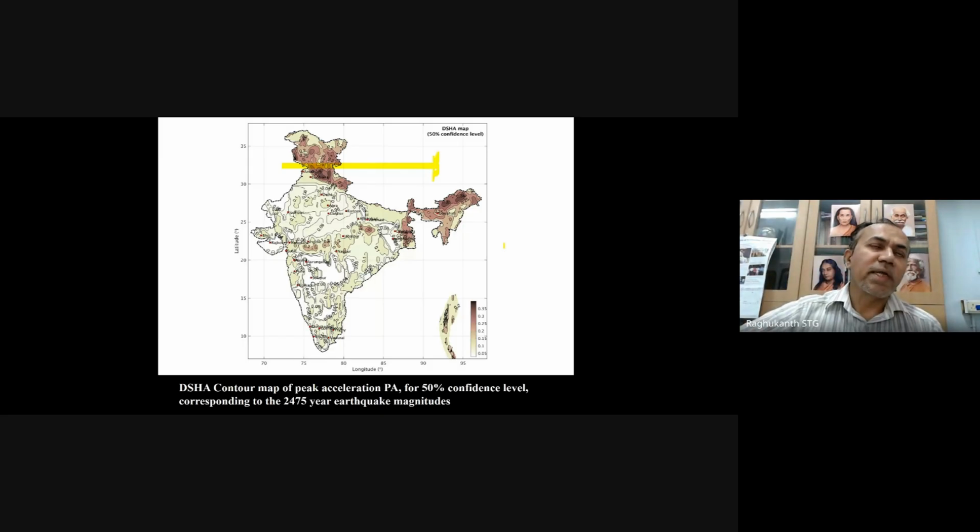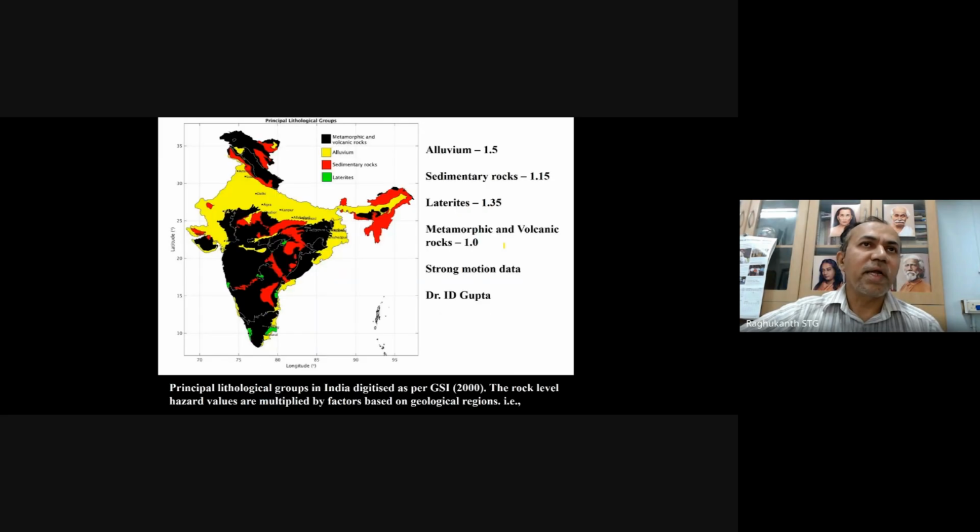But in India, as you know, the surface soil condition is different here. Like in the Ganga basin, say, there is no 760 meter per second. You will be seeing this huge alluvium actually deposited by the Himalayan rivers here. So here, as you know, soil amplification will be there, and even in peninsular India, wherever river mouths are there, you will see a lot of sediments and amplifications can be observed. And even in rocks also there are sedimentary, metamorphic, and volcanic rocks. Volcanic rocks are very strong, sedimentary rocks are not so strong. So this classification also will be there. So right now we have done up to 760.